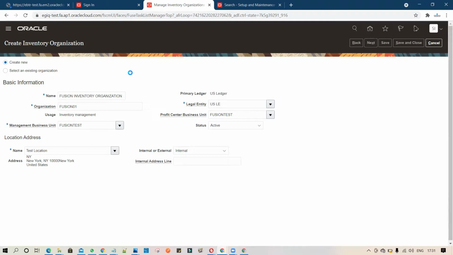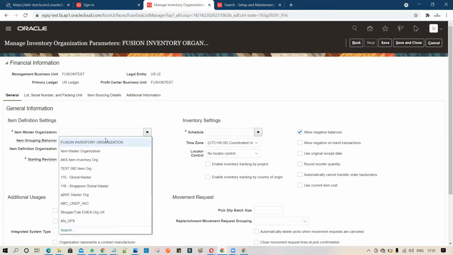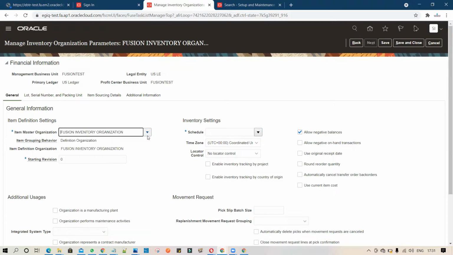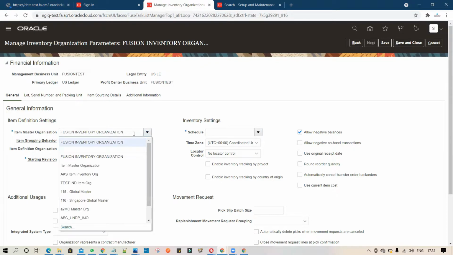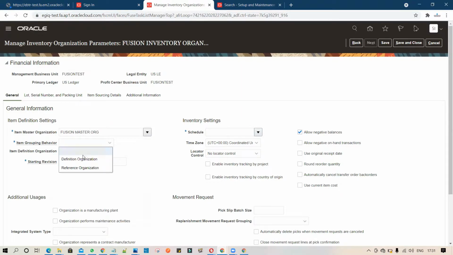Once you click on next, what you have to do, you have to select the master organization, your definitions. So I selected the Fusion master organization, and then you select the definition organization as your Fusion inventory organization.